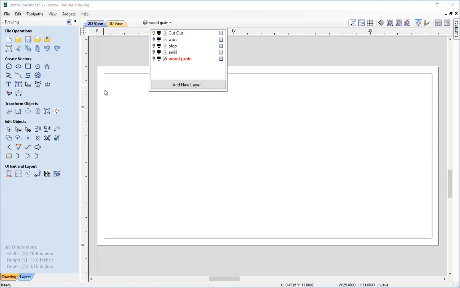Now this cutout layer is actually smaller than the actual job dimensions by an inch on the width and the height. Now we did this for two reasons. The first reason is when we're creating vectors, and wavy vectors especially, that go inside and outside of the actual area of the tile that we want to create, we need to also think about the fact that the tool radius, if it was going to start on the edge of here, is never going to get a full cut when going inside and outside of the actual limit,